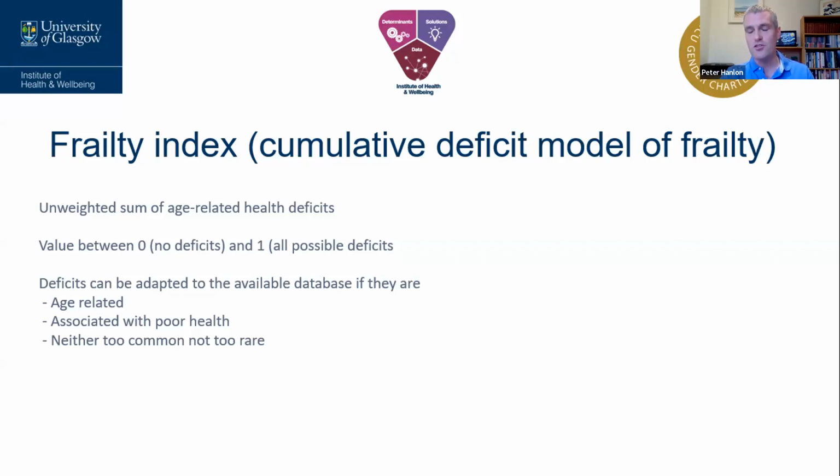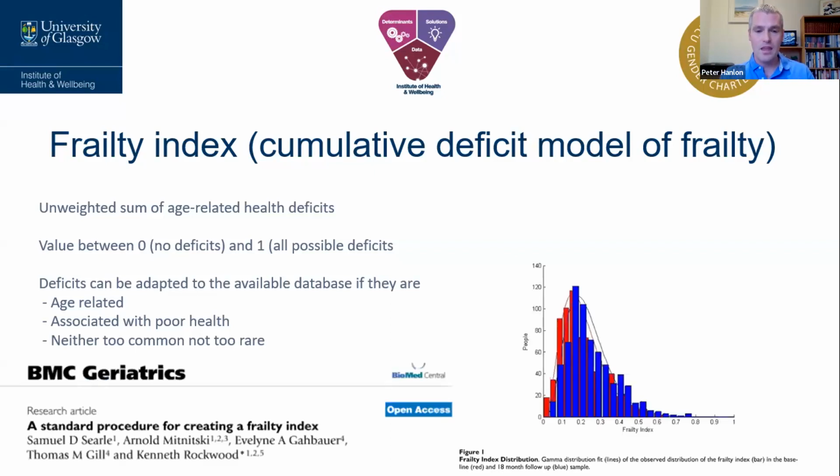And this is commonly used across observational and trial data. It's the model of frailty that informs the EFI that Andy and his team have done work on. This follows a standard procedure, and you generally get an index that looks something like this. Our question was, is there enough data in the trials for us to do a frailty index like that? And what can we learn about frailty from that?